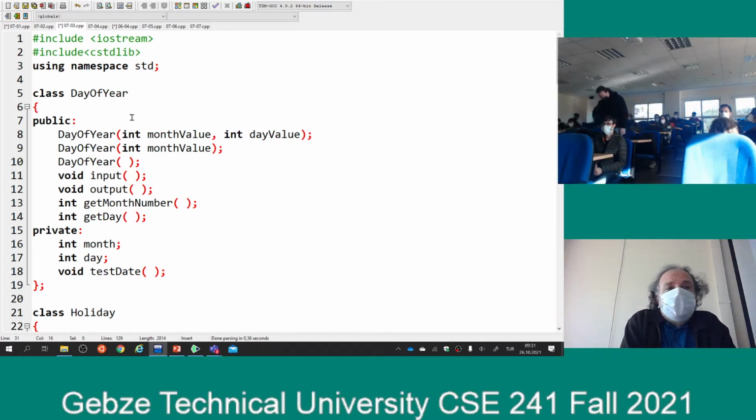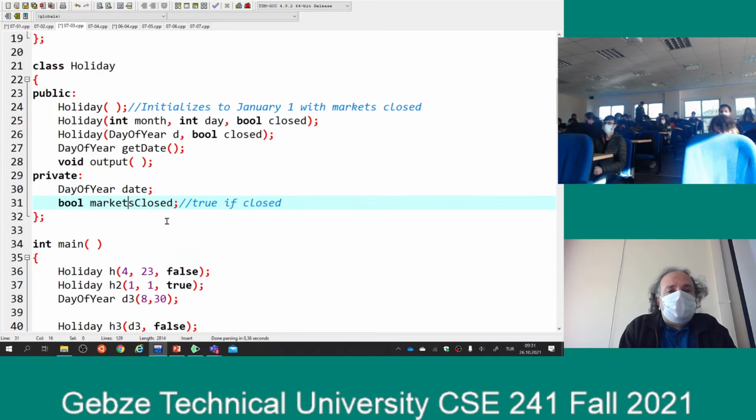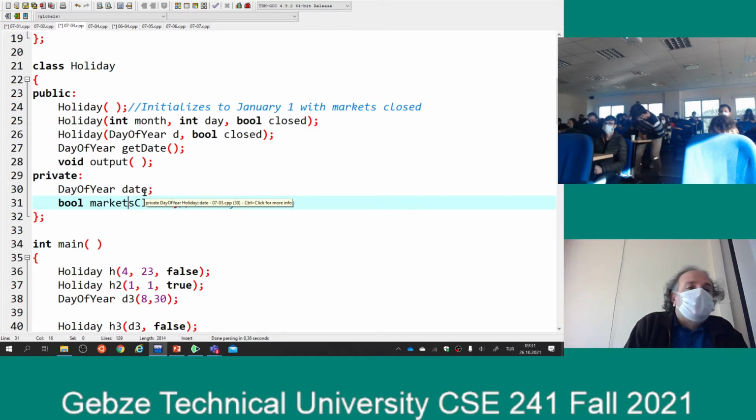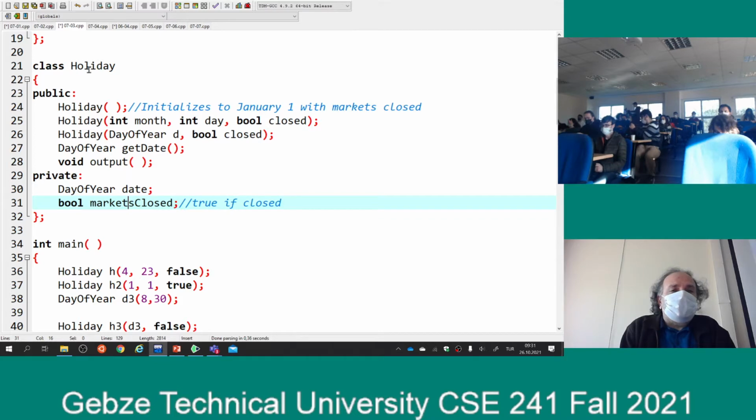Okay, good morning everybody. Yesterday we looked at this powerful object-oriented programming principle of composition. Composition in practice is very easy to use. All you need to do is use an object of another class in your classes. For example, this holiday class contains this data member, which is of type day of year, and I kind of compose these two classes together to come up with a simple to explain, simple to implement, simple to maintain